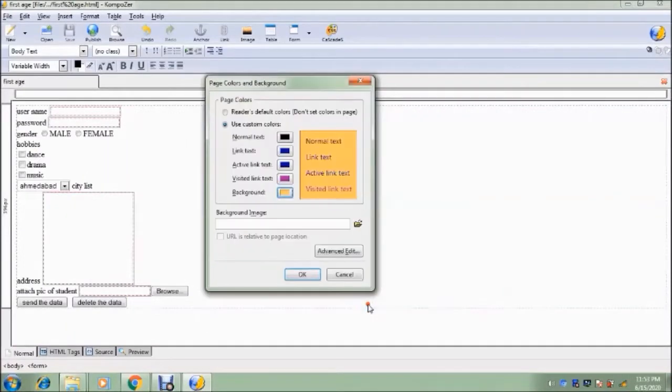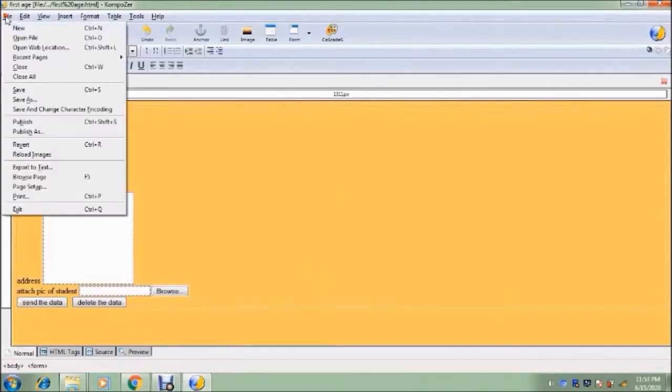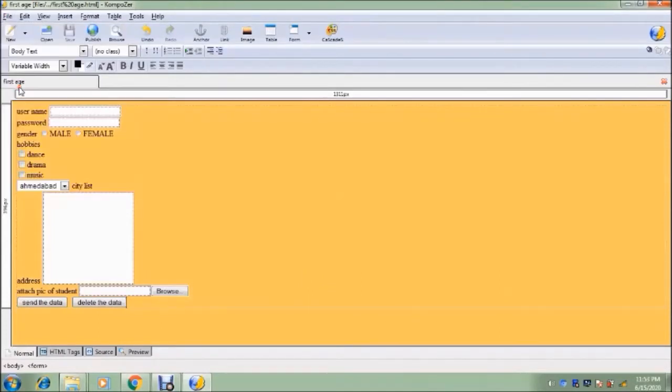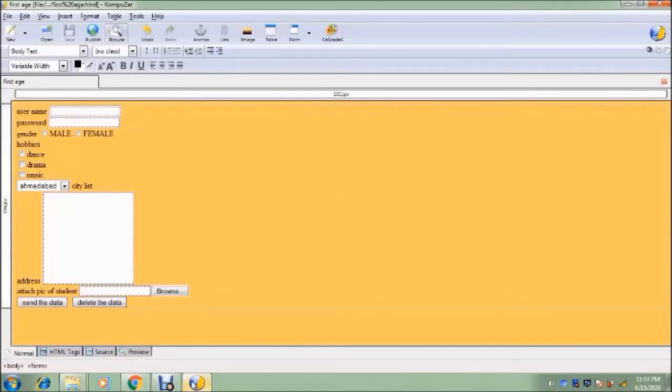Okay, the background color has been changed. Save the file, save and browse. Okay, here you can see the final output of your form in the web browser. Okay, coming back to the composer.